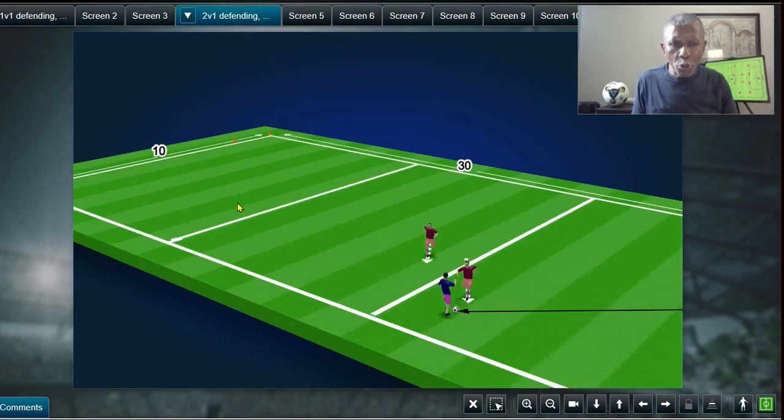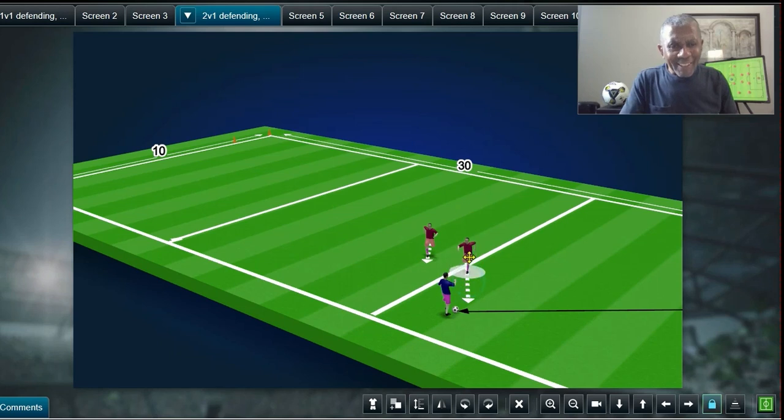Let's go to 2v2 and 2v1. Now we're going to add the other principle of defense, cover. The coaching points for the first defender remain the same, but for the second defender, now you need to understand what the coaching points are. As they approach in here,